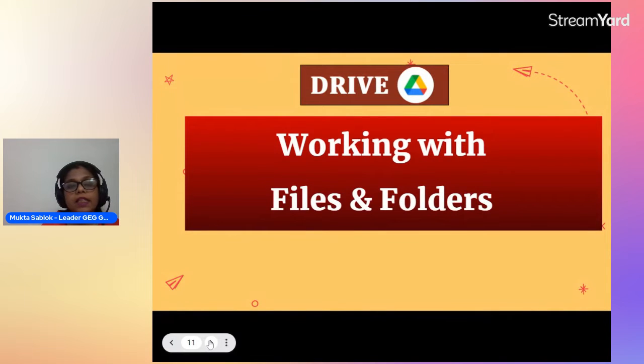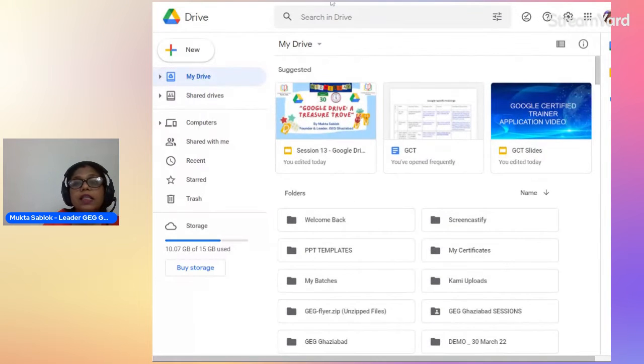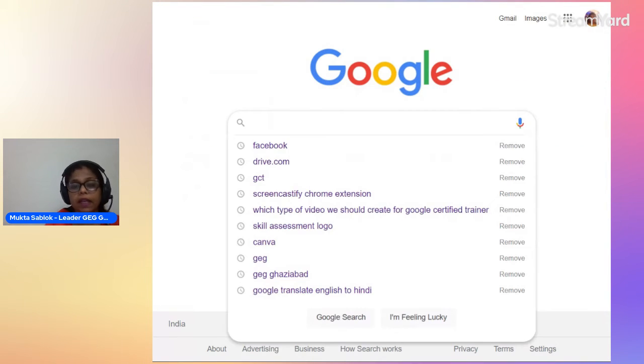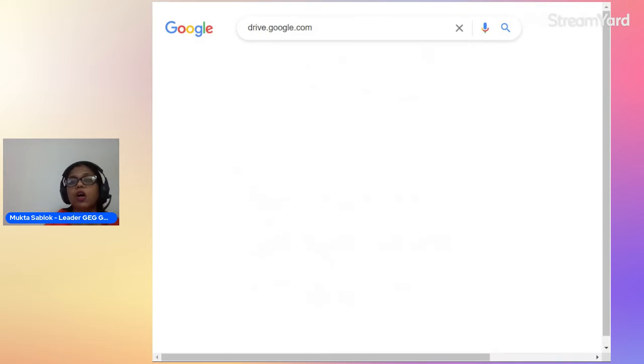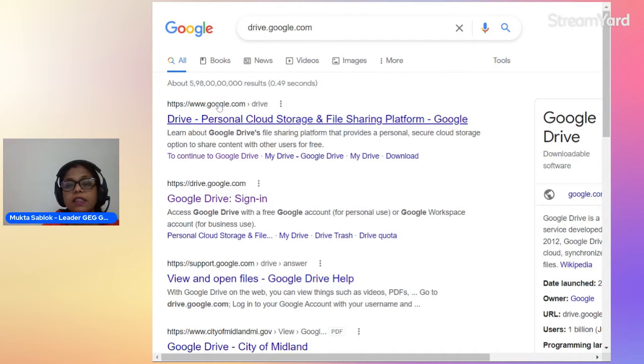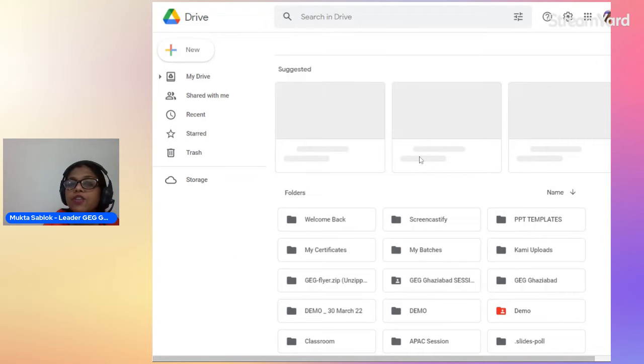So let's go ahead and see the live demo of working on Drive. I'll just open google.com and write here drive.google.com, press the enter key, and this is the option, and here is my Drive.